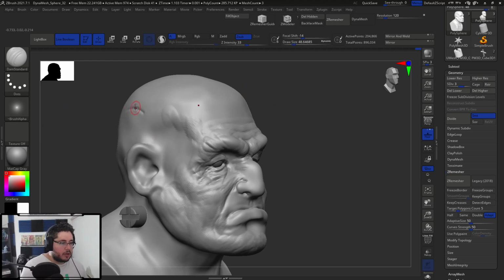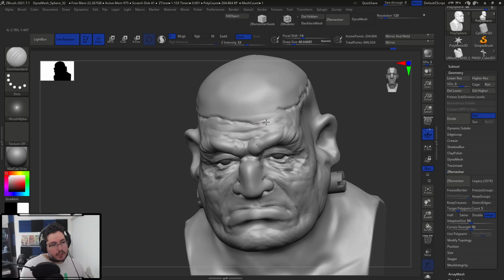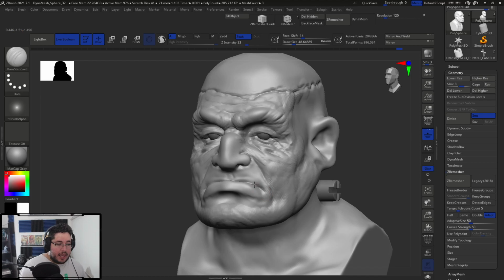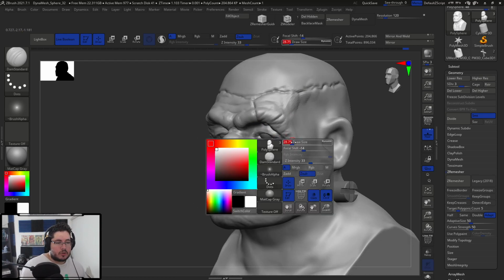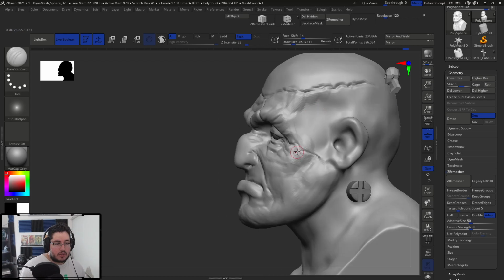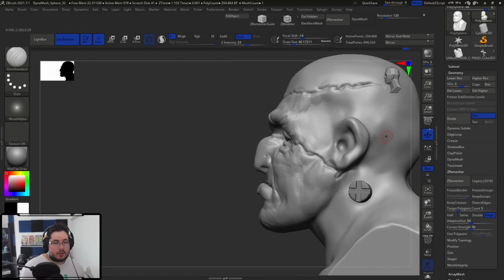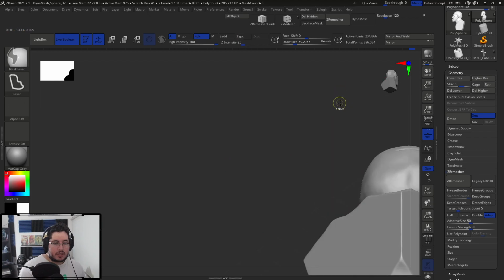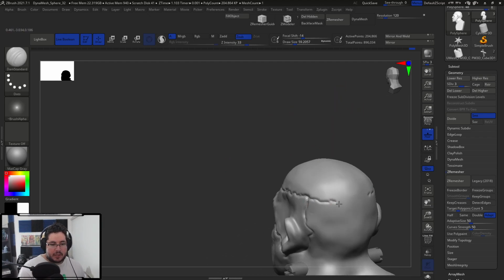So I'm gonna go up here and let's add the cuts. Remember, when we're adding these sorts of cuts, you don't want to be super symmetrical. So I'm actually gonna break symmetry here to create something that goes in a bad direction, and then I want to add some patches around other parts of the body. So maybe this part of the eye was also patched together, right? So we're gonna have a very big line going around the ear. So maybe all of this section he got from one particular body. On the back here, since we're not really gonna be seeing the back, we can